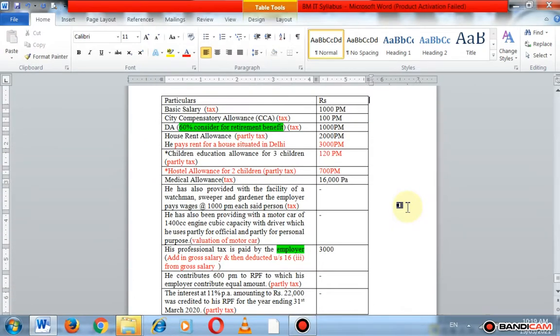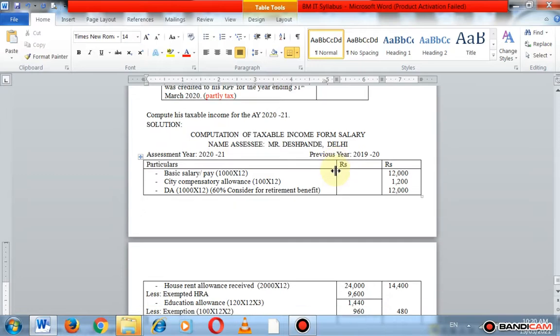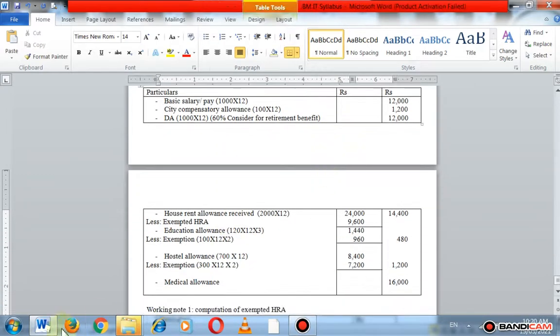Per annum means per year, and per month means for a month. So we compute yearly salary, so we convert these monthly emoluments into yearly emoluments. Got it? Next one is medical allowance. Then next